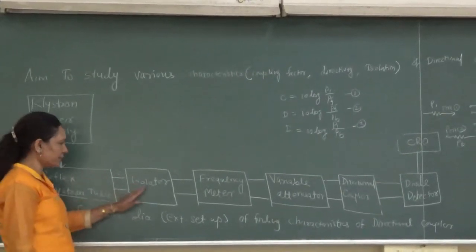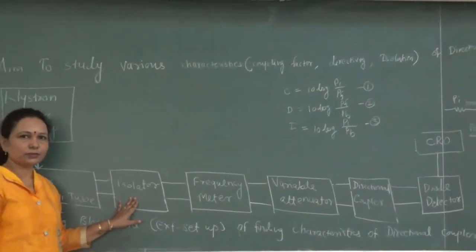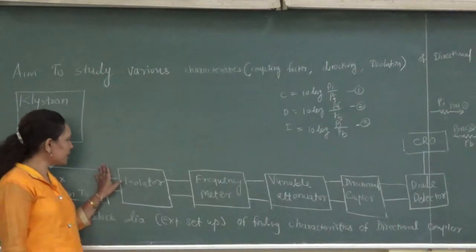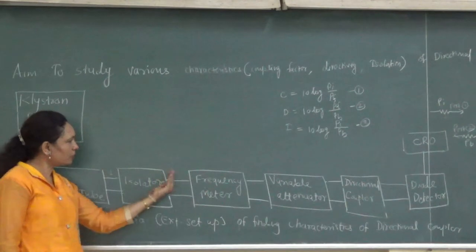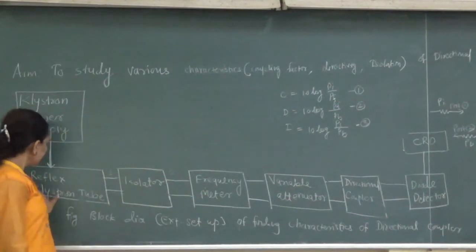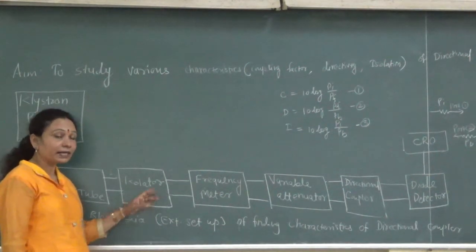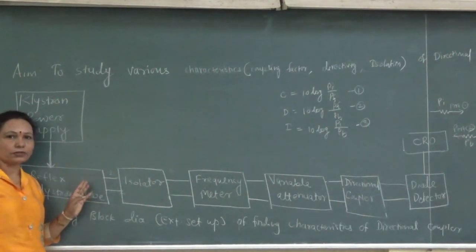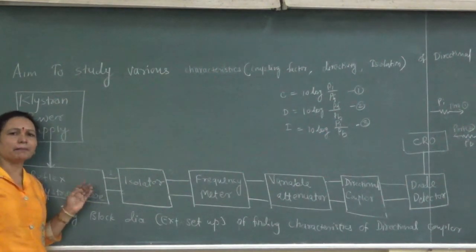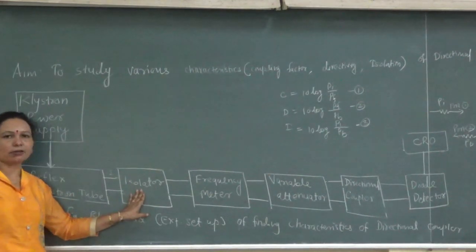The output of the tube is connected to the isolator. You know the function of the isolator, as the name indicates. The isolator is used for propagating the signal from port 1 to port 2. But if any mismatched signal comes from port 2, or from the destination towards your klystron tube, then it will provide maximum attenuation. If that signal reaches your reflex klystron tube, it may damage the operation or the stability of the tube. That's why the isolator is always placed immediately after the reflex klystron tube.